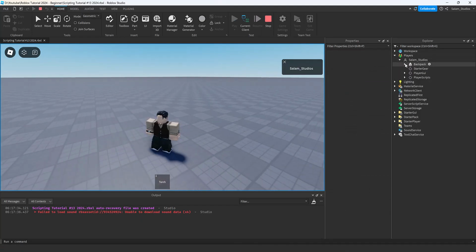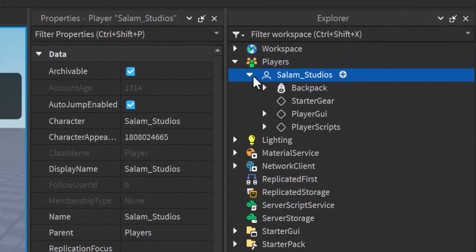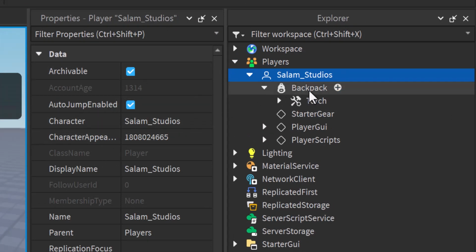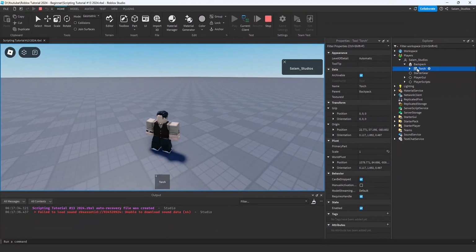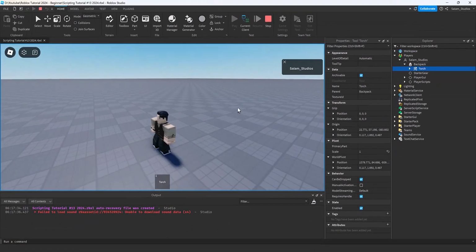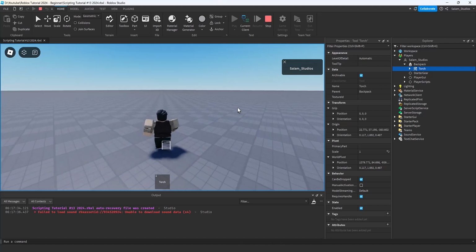For example, over here, if we click on players, the player that just joined, which is my player, and then we open the backpack folder, we can see how that tool is added to the backpack, and it's called Torch. Whenever we press the hotkey, it's moved to the character. So we press 1, this is the hotkey associated with this tool, it's automatically associated, we don't have to script